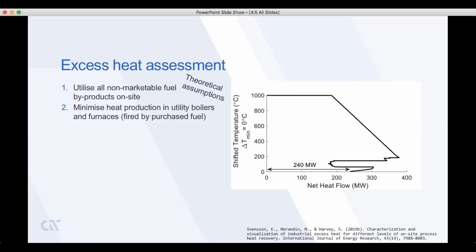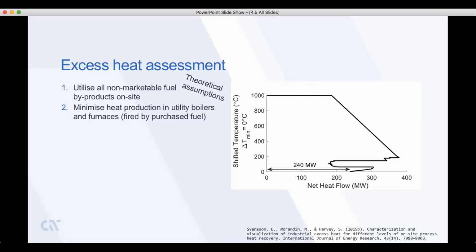This curve is a common tool in pinch analysis, and its construction requires information about the temperature level and load of all heating and cooling demands of a process. It is a graphical representation of the net heat flow characteristics of a process versus its temperature. In simple terms, moving in the positive x direction when going from a higher to a lower temperature indicates a heat surplus in the temperature interval, while moving in the negative x direction indicates a heat deficit.